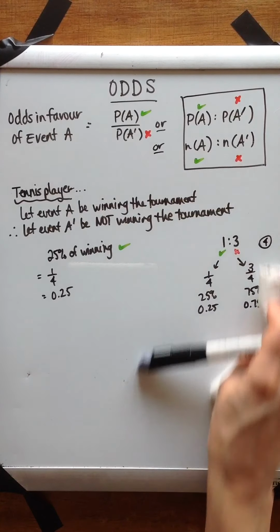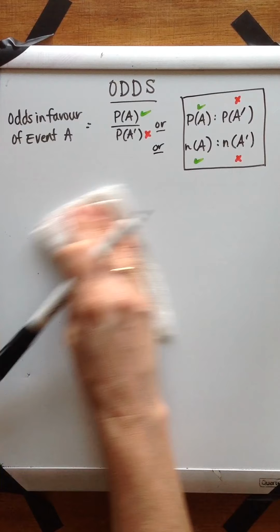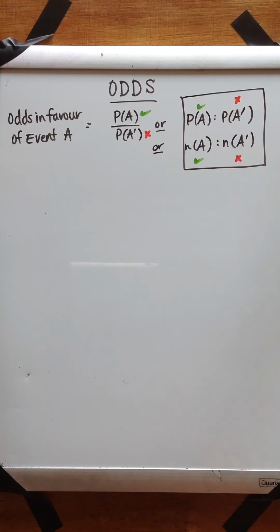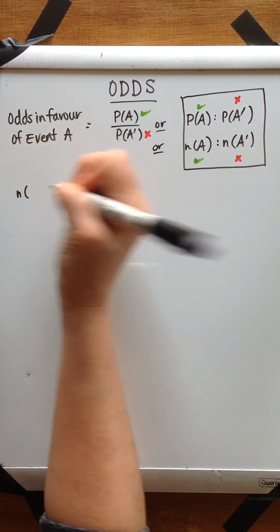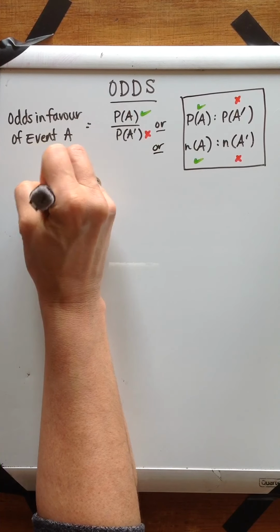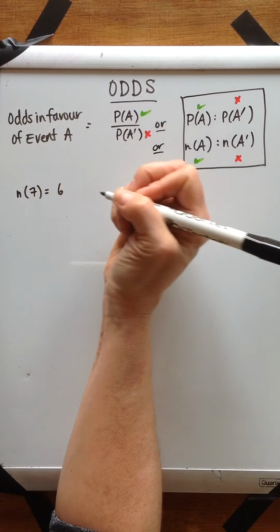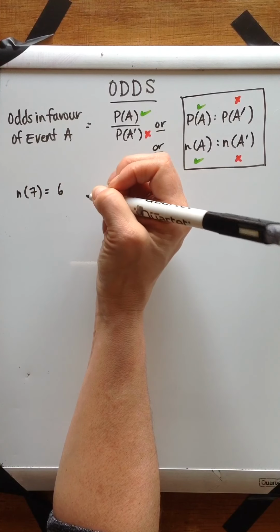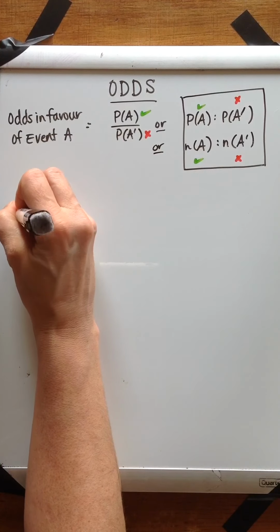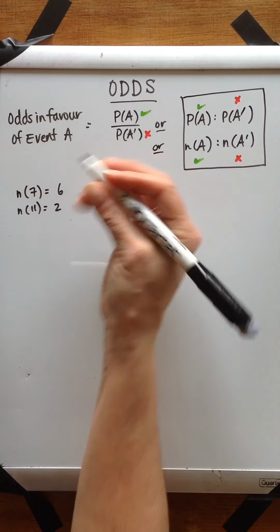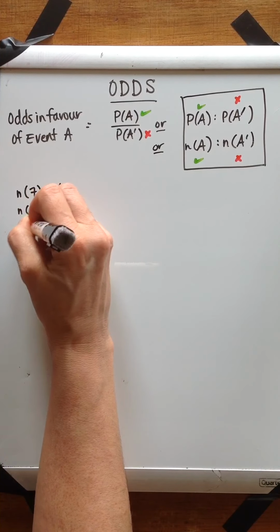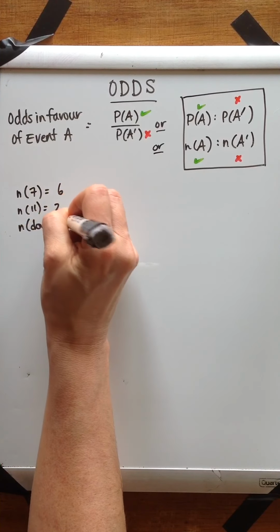If you roll 2 dice, or 2 die, what are the odds of rolling a 7, 11, or doubles? So we're going back and touching base from a question in our previous lesson in 6.1. And then how does this compare to the probability? So let's begin by looking at the number of opportunities of rolling a 7 are 6 when you look at all of the possibilities of combinations of 2 die rolling together. We're pulling this out from last lesson. The number of opportunities for rolling an 11 is 2, and the number of opportunities for rolling doubles is 6,